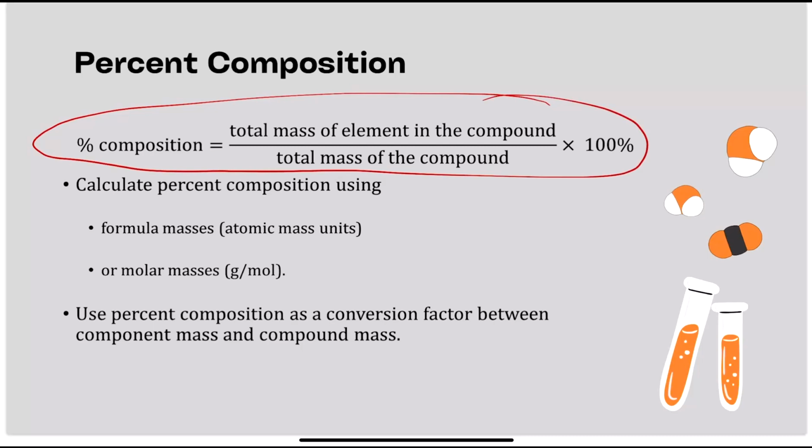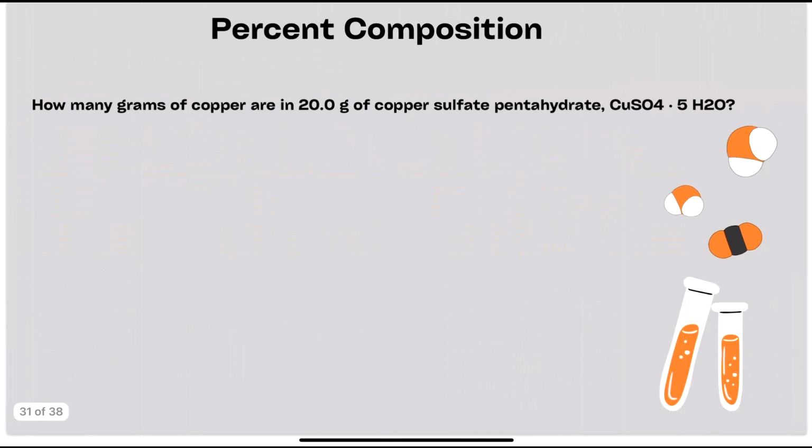So let's see, how do we do it? So here we have an example, right? We have how many grams of copper are in 20 grams of copper sulfate, right? So how do you work this out? First thing you need to do is